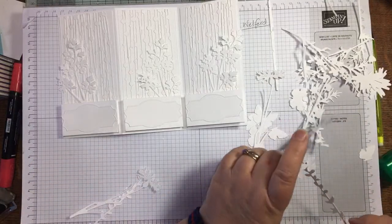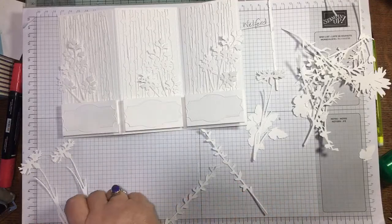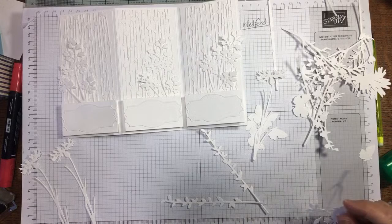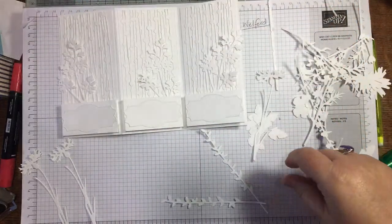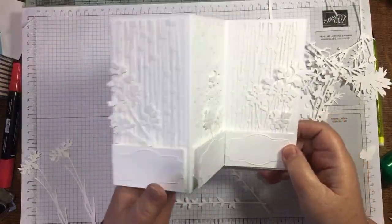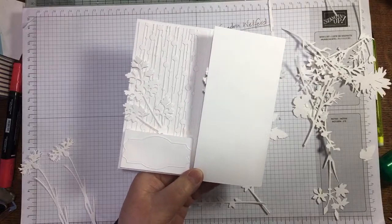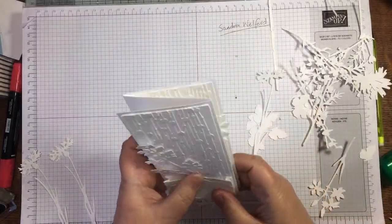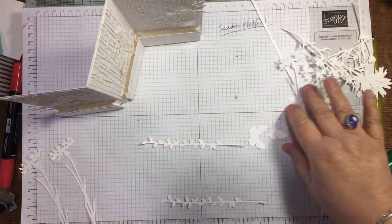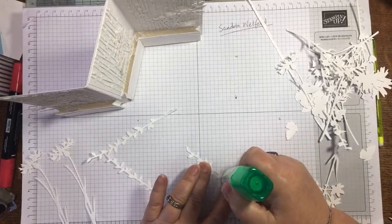What else have we got? Should have split them up. I do like this cornflower. There's a bit of me thinking I might colour that up. The base card that I've done is 9 inches by 6 inches, but when you fold that up it's 3 by 6. So you could even put it into a 6 by 6 envelope. Each part doesn't need to have exactly the same things in it, but I think I might have cut 3 of